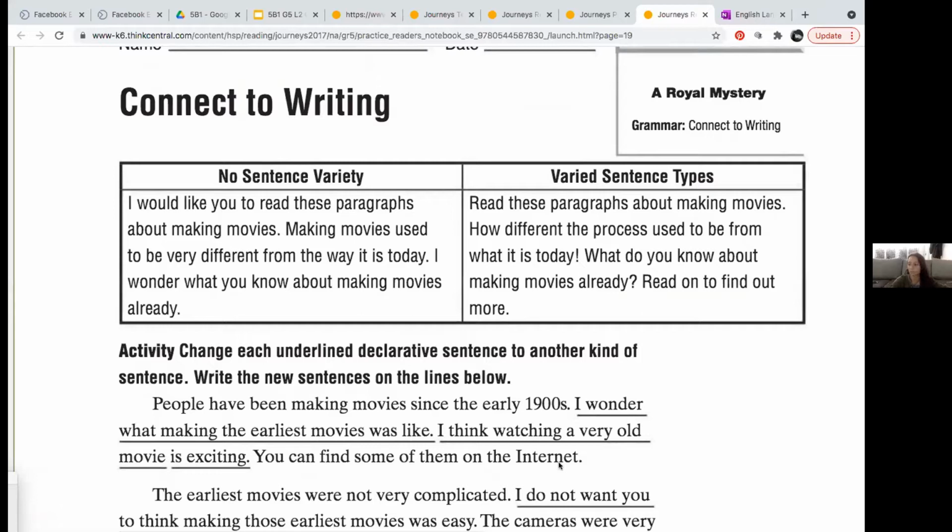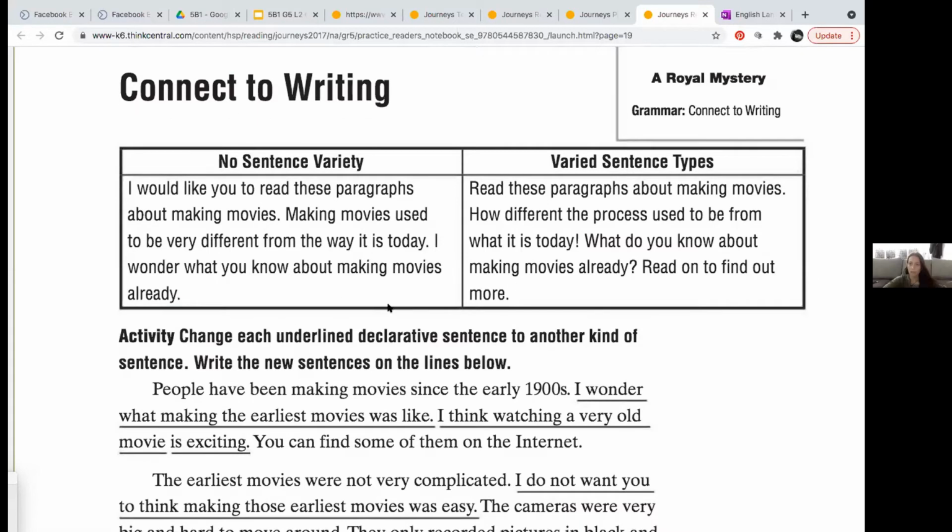Kent, can you read for us, please? Read this paragraph about making movies. How different the process used to be from what it is today. What do you know about making movies already? Read on to find out more. Okay. Good job. So our paragraphs are much more interesting and sound a lot better when we have varied sentence types. Okay, so